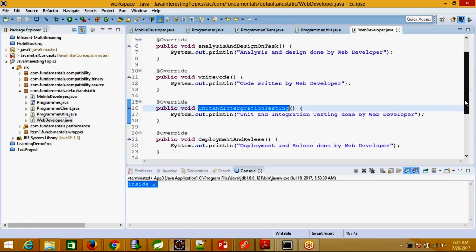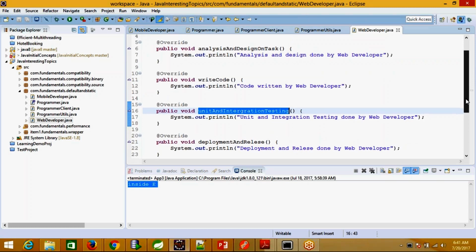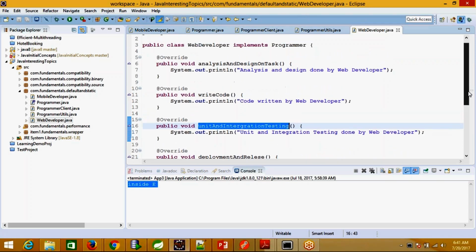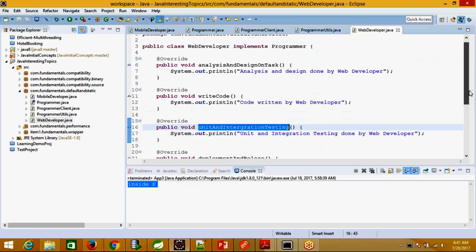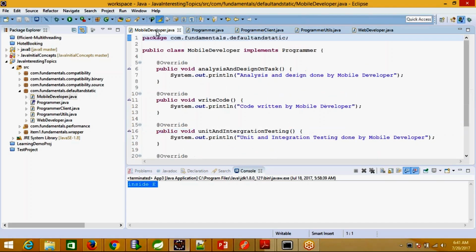So simple methods and the print statement only, so that we can understand or digest the concept easily. So we have the web developer and one more implementing class, that is the mobile developer. In the print statement itself, I have made a few changes, like for mobile developer, I have replaced the string with "mobile" instead of "web developer" here.